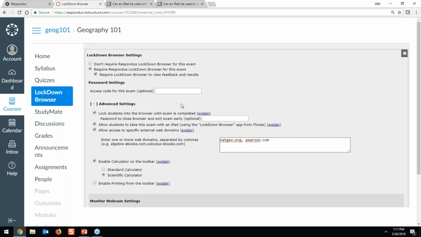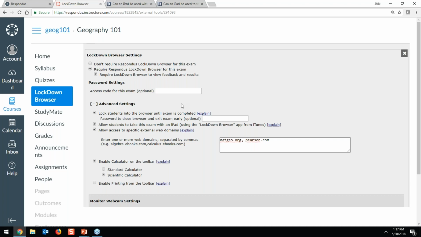Now, what this does, and you might think, well, that sounds logical, why doesn't it do that by default? What this does is it makes sure that students cannot exit LockDown Browser until they've submitted the Canvas test to be graded. However, over the years, we have found that LockDown Browser both is used in unproctored environments where students don't have anybody there to help them, and also sometimes